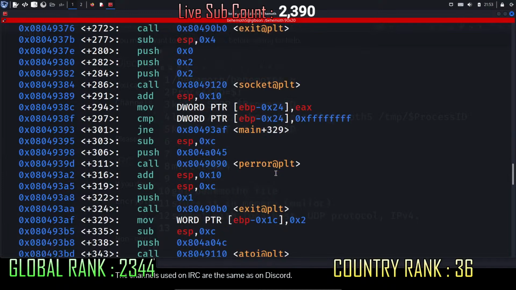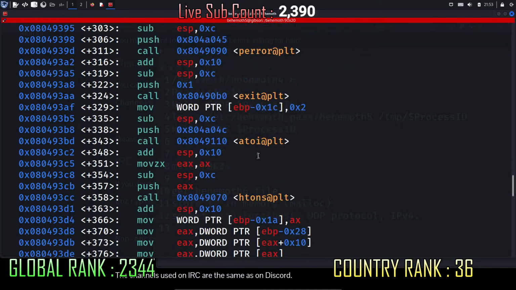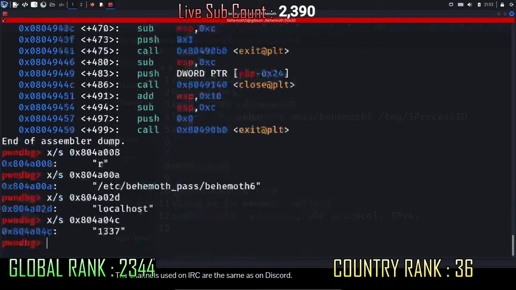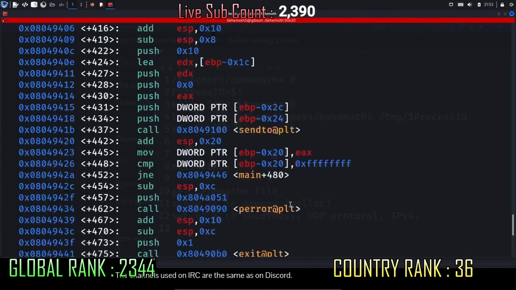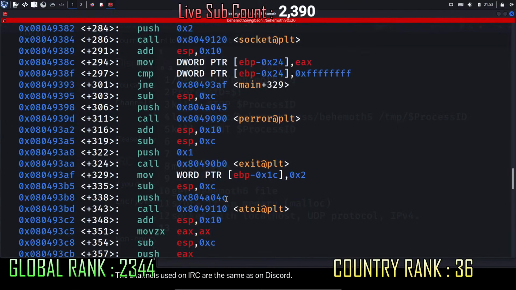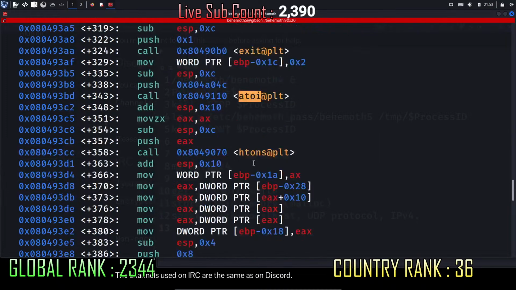But we did not mention which port to connect, right? We did not mention the port to connect. So here the port is mentioned, and that port is 1337. Okay, that's a string. And once it gets the string and converts it into a number, it's gonna send it